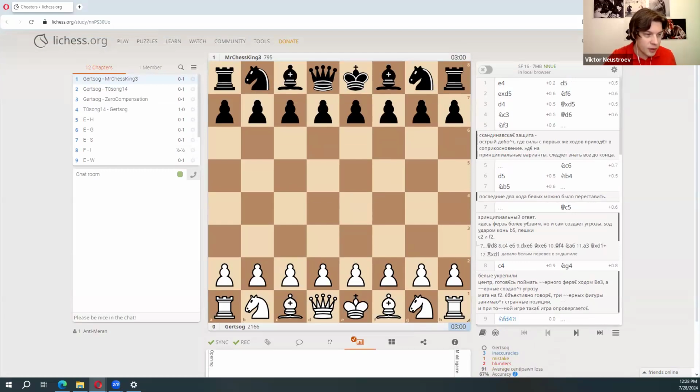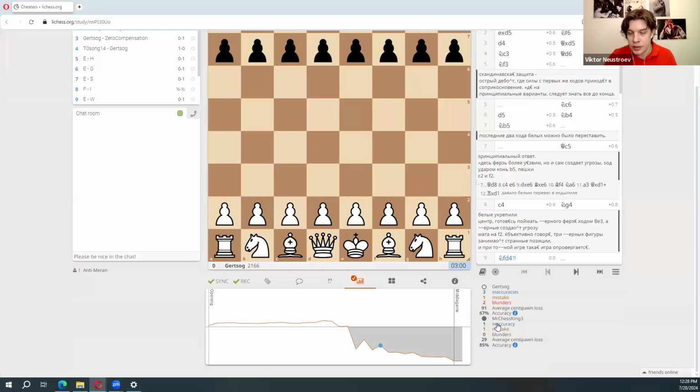If this move is worse than the best engine solution by half of a pawn, then he loses 2 centipawns. One inaccuracy can be 1 or 2 centipawn loss. One mistake can also be 2 or 3 centipawn losses. So if we eliminate these numbers, then the average centipawn loss will be around 20.